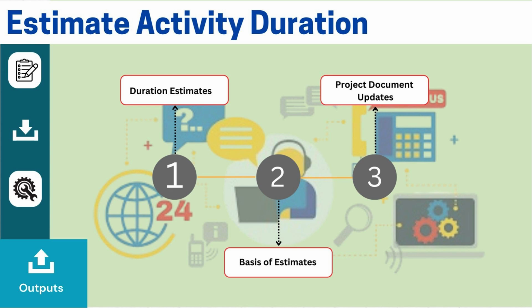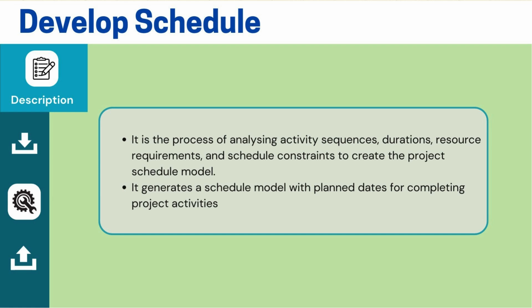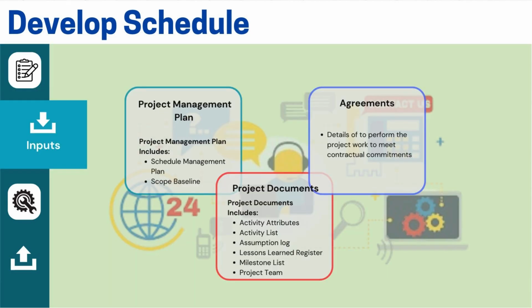To connect back to what we have covered so far, we started with the schedule management plan and created a plan. Then, we made a list of activities, sequenced them, and created a network diagram. After that, we estimated the activity duration for each task. Once we do that, we can come up with a schedule. Let's now understand how to create a schedule as part of the developed schedule process. At this stage, we derive the project schedule based on the work done so far and by referring to the schedule model. What inputs should we consider?